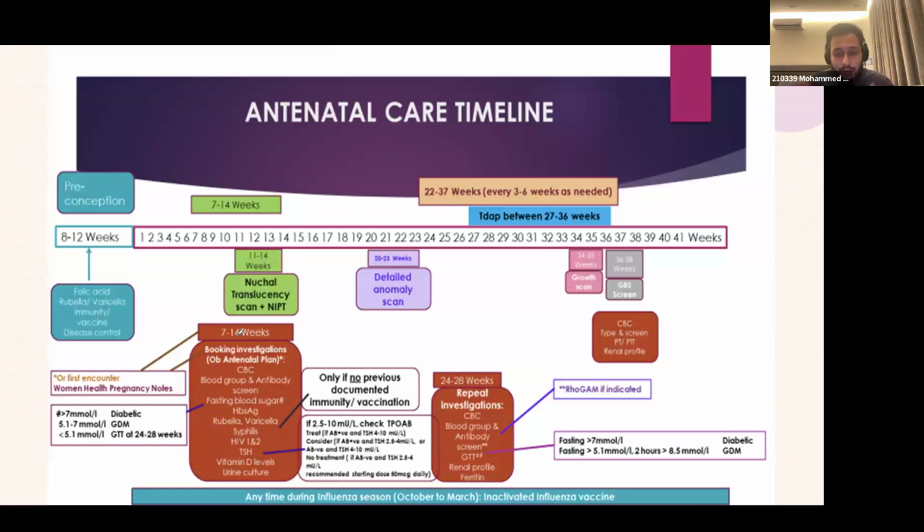Now, you don't have to memorize all of this. I just brought this to pinpoint important things to memorize in antenatal care. Antenatal care is throughout pregnancy, okay? Even pre-pregnancy and post, okay? Now,